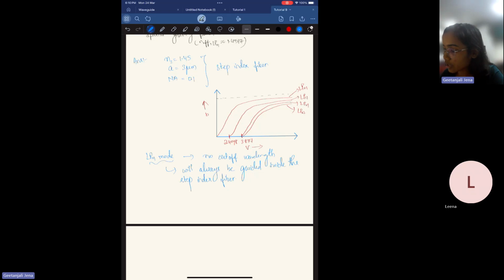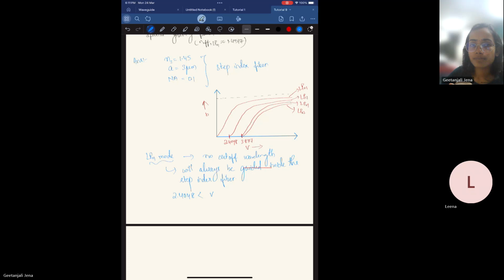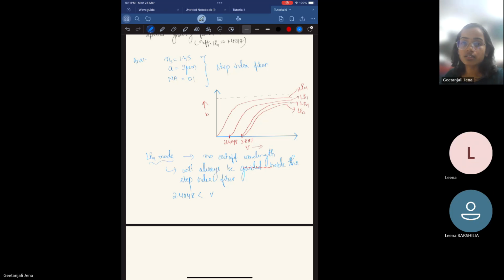LP11 will be guided only when the V parameter lies between 2.4048